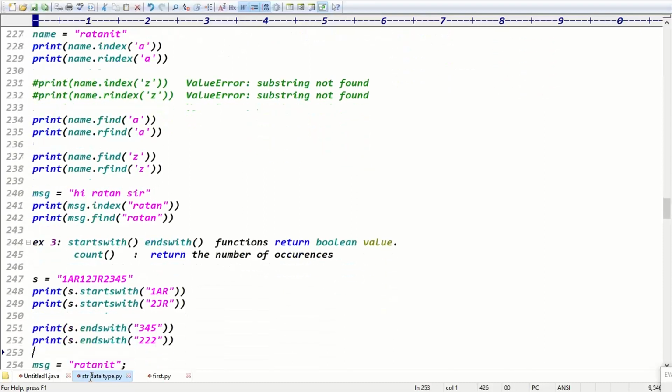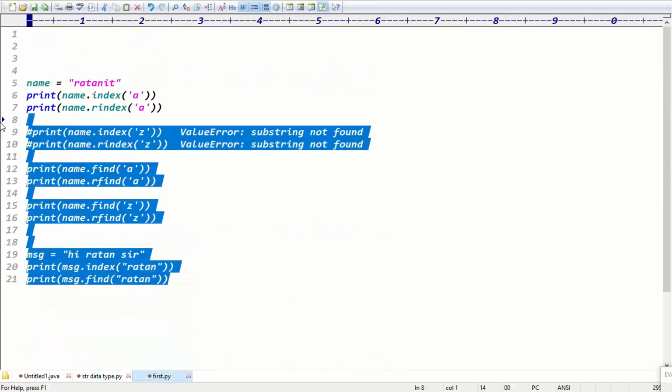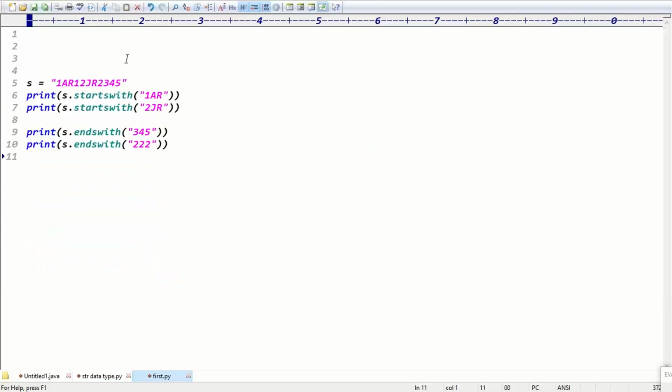Exactly. The next example is startswith, guys. It's very simple, straightforward. We have to simply check whether the string starts with a specific name or not. So see, guys, some student roll number like 1 year, 1 2 gr 2 3 4 5, something like this. In this case,